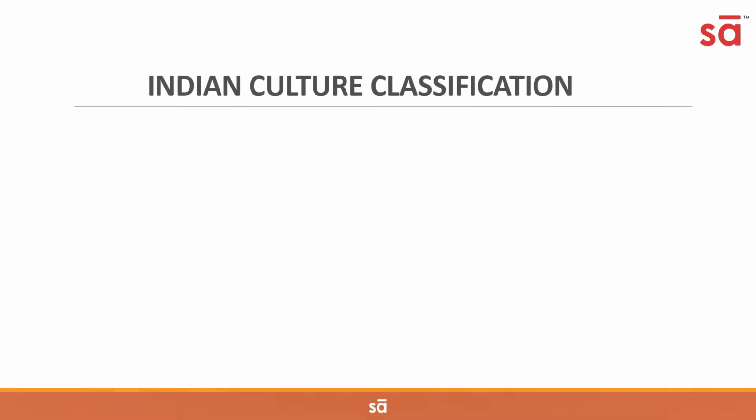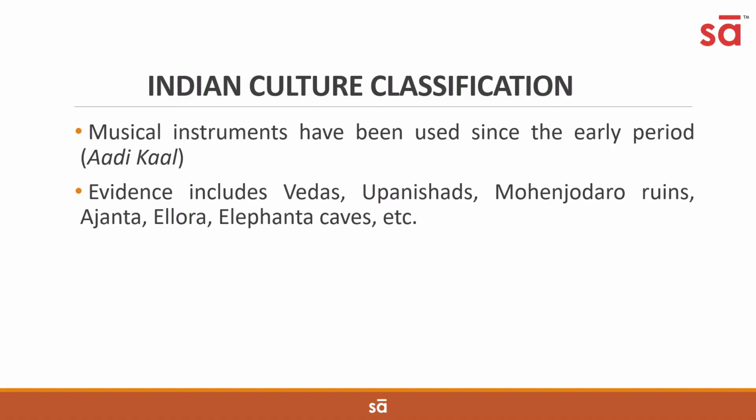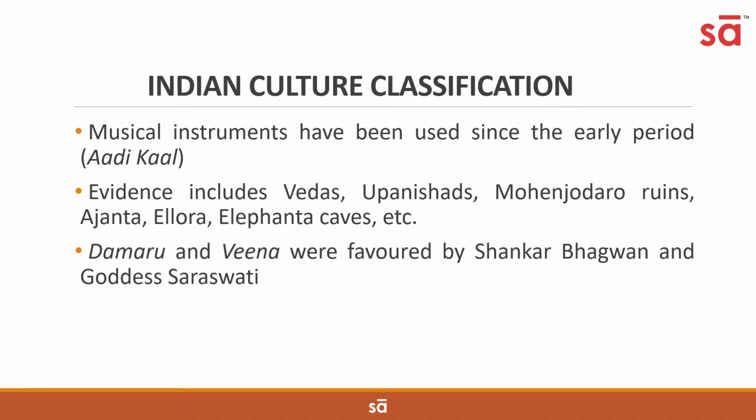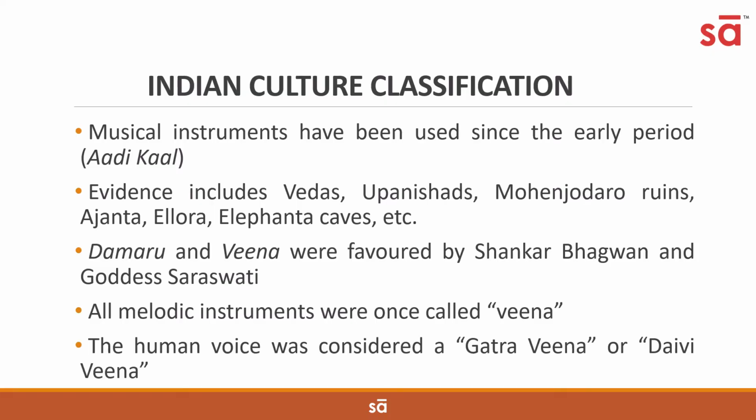The use of musical instruments in India dates back to the early Adi Kal. Evidence is found in ancient paintings in Ajanta, Ellora, and Elephanta caves, as well as in the Vedas and Upanishads. Instruments like the Damru and Veena were favorite instruments of Lord Shankar and Goddess Saraswati. Melodic instruments were generally referred to as Veena, and the human voice was called the Gatra Veena, or Daivi Veena,